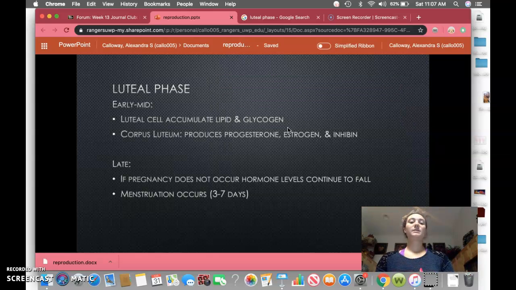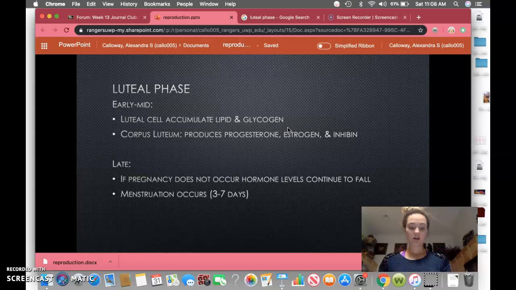And then the last phase is the luteal phase, which is again kind of split up into two different portions. So in the early to mid luteal phase, the luteal cells will accumulate lipid and glycogen, and then the corpus luteum produces progesterone, estrogen, and inhibin. And the progesterone is the dominant hormone in this